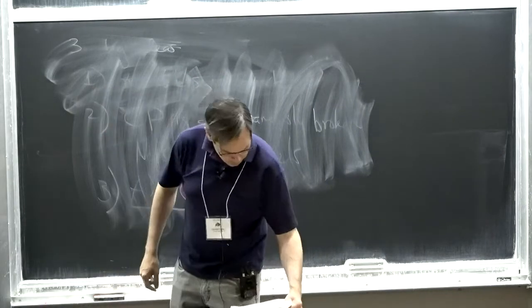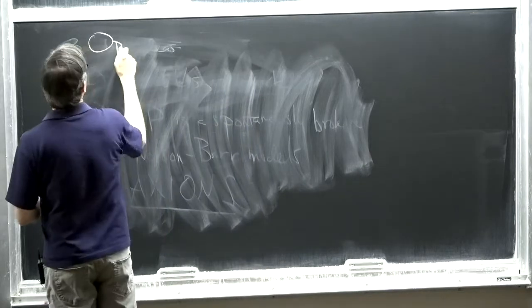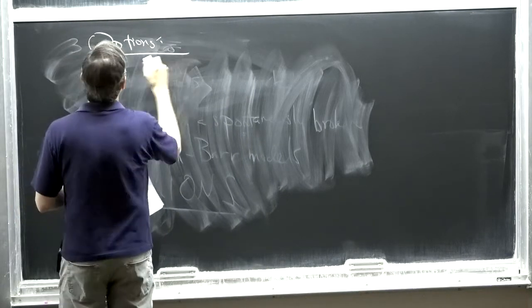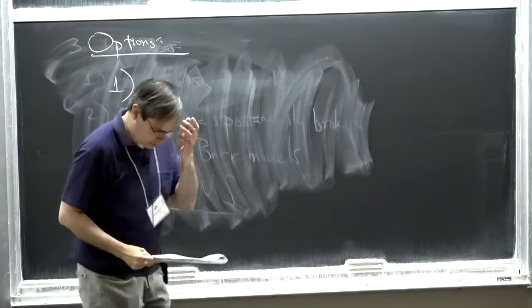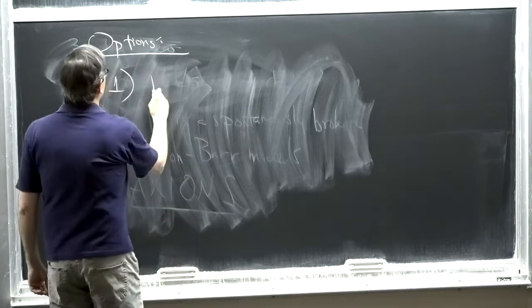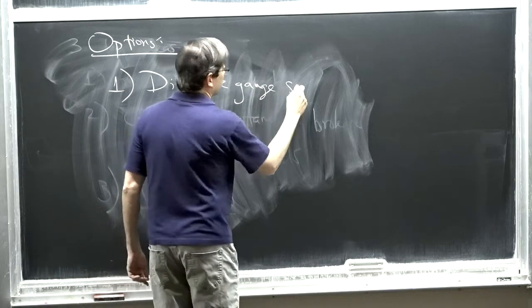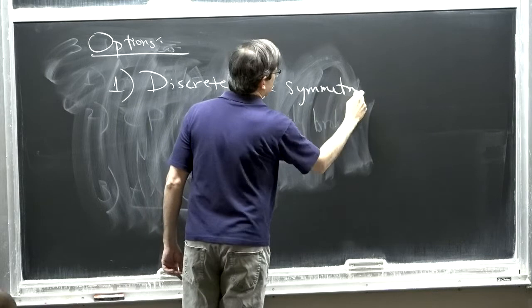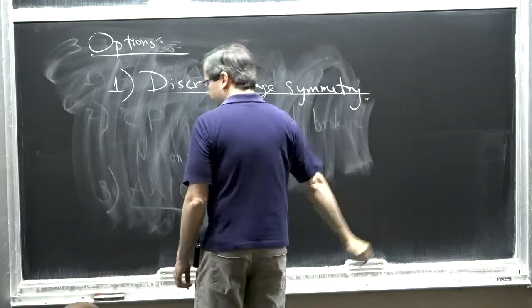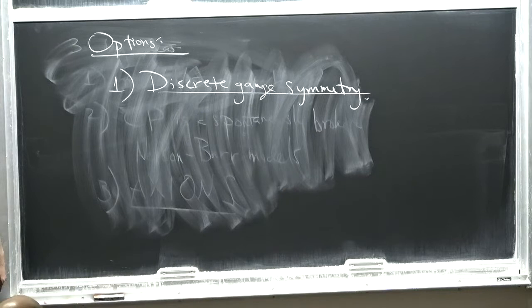that might really describe the universe we live in. Okay, but first, what are sort of some options? Option number one, some kind of discrete gauge symmetry. Like say there is a Z15 symmetry under which phi had charge 1. Then I would be allowed to write phi to the 15, but I wouldn't be allowed to write anything smaller than that. Okay, that would forbid all the terms up to there.